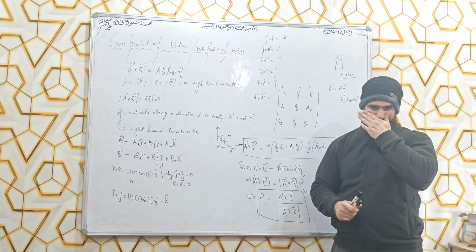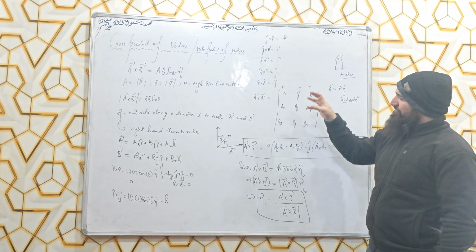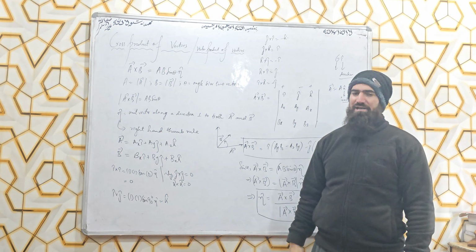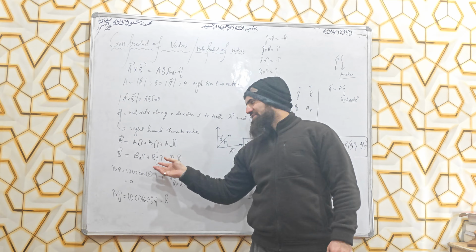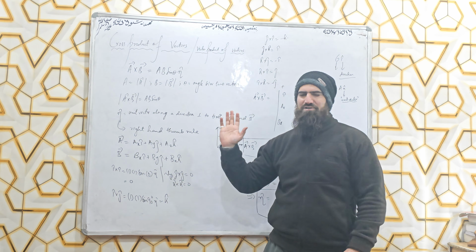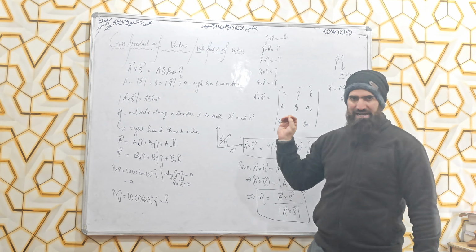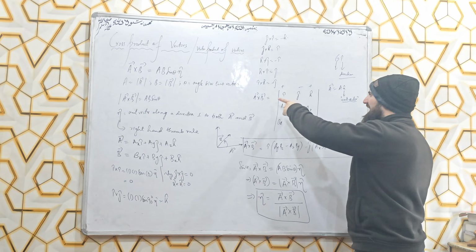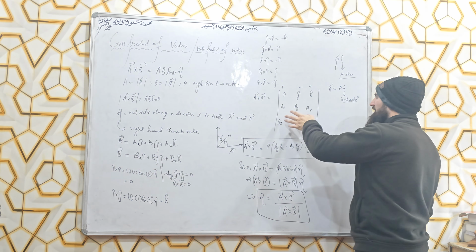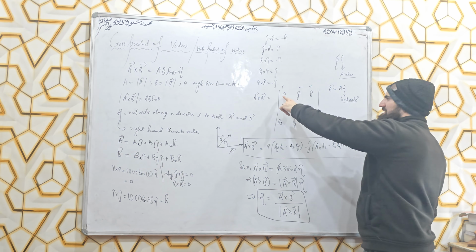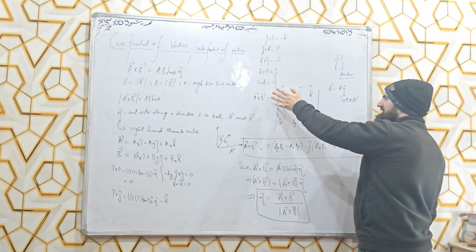Now A cross B. When we are multiplying the two vectors in terms of the cross product, we have to multiply these components: AXi cross BXi plus BYj and so on. There is an easy way of doing that. We write it in the form of a determinant: i, j, k; AX, AY, AZ; BX, BY, BZ. Then we write plus, minus, plus. We write i into